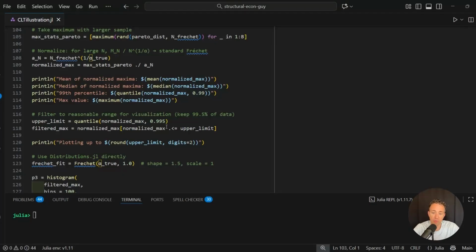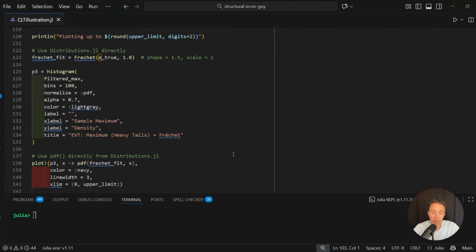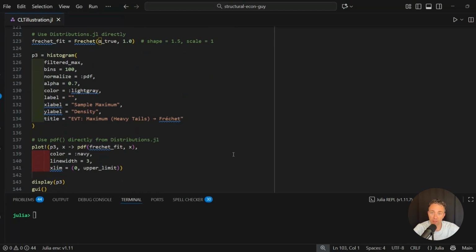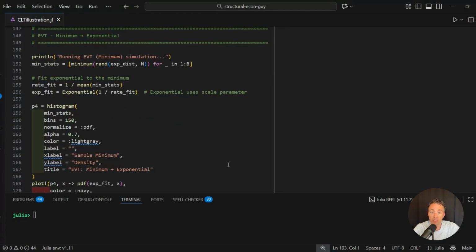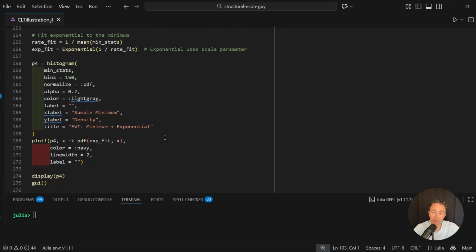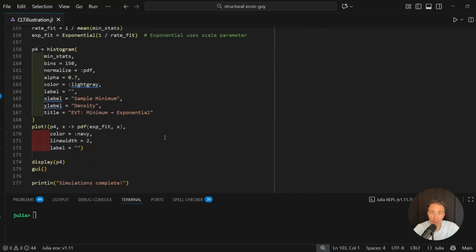This is a situation where the theory is fine, but then it gets a little messy if you actually try to do it numerically. And then we can just do the same thing where we plot that histogram where we've thrown out the extreme upper tails just so that things scale appropriately when we graph it against the implied Fréchet distribution density. And then we can do the same thing as we originally did, except we take the minimum instead of the average, and then show that that thing is actually an exponential distribution. So that's what we'll be doing here.